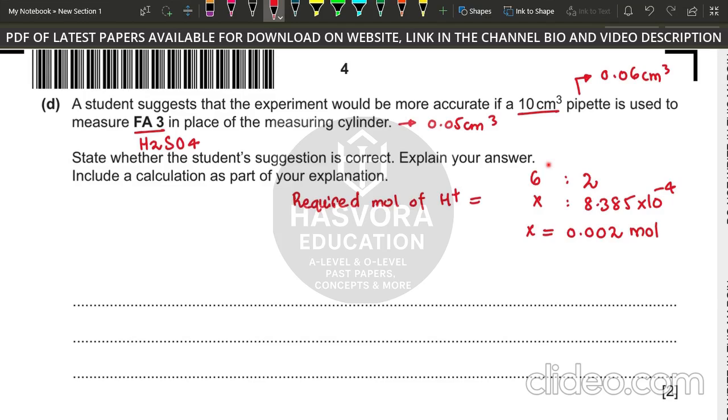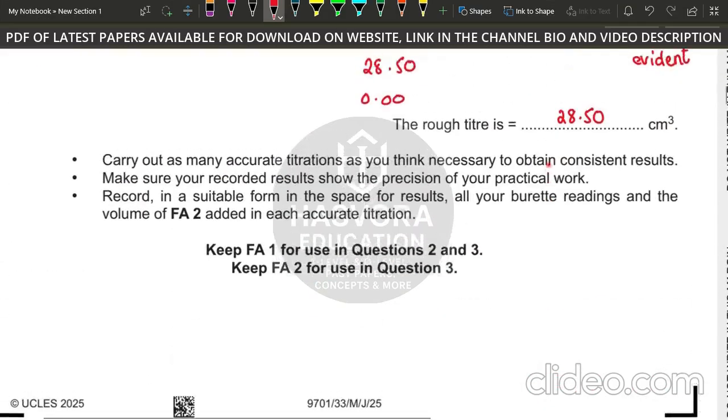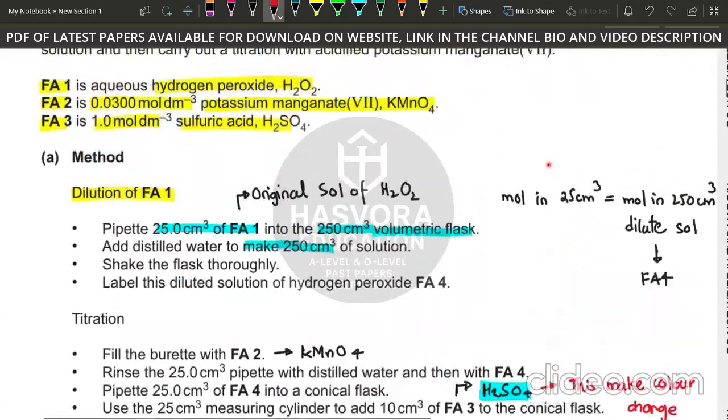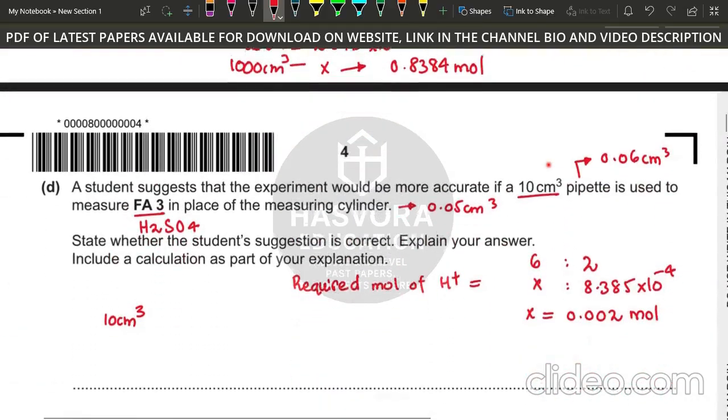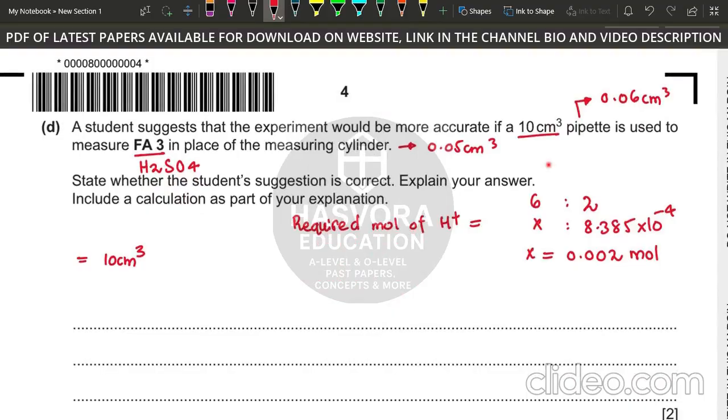And what was the concentration? Let's check. The concentration was 1 mol per dm³ of the H2SO4. So if we calculate the moles, it will be 10 cm³ × 1 mol per dm³, and you divide by 1000 so it converts to dm³. So this will be